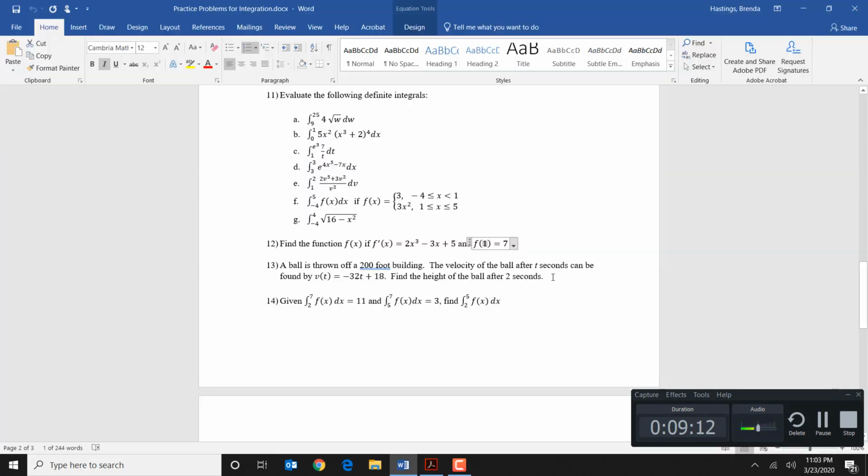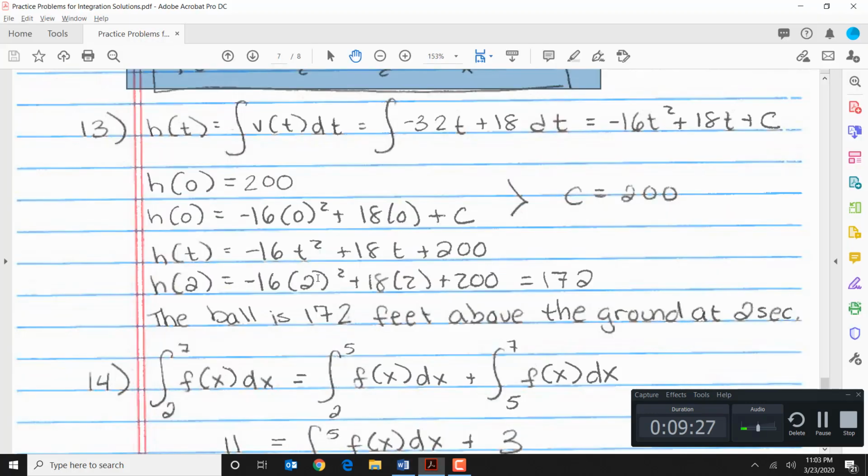Number 13. If a ball is thrown off a 200-foot building and the velocity of the ball can be found by -32t plus 18, we can find the height of the ball after 2 seconds. Velocity is the derivative of height, so height is the antiderivative of velocity. Using our integration rules, the height is -16t squared plus 18t